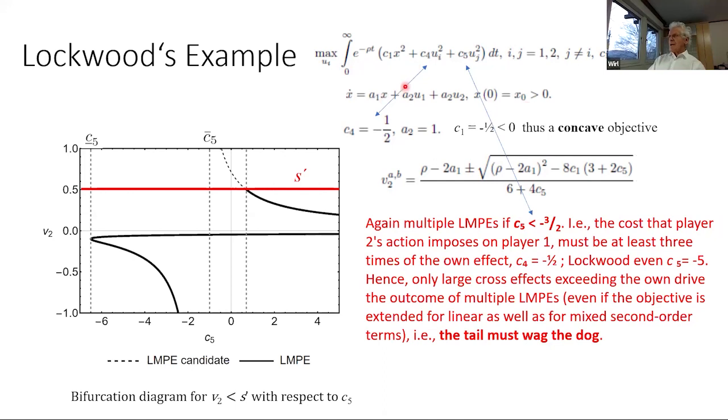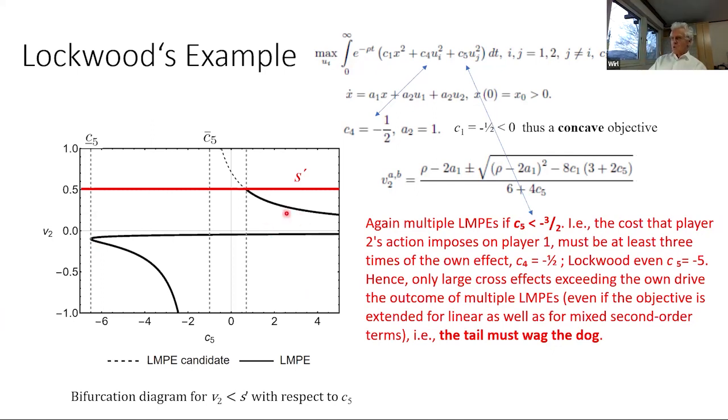Again, we can compute the coefficient of the second order term. And again, I use a bifurcation diagram. From before, you know that only a coefficient V2, which is less than the slope of S prime, qualifies for a linear Markov perfect equilibrium. So you get, for C5, which is this cross term, if C5 is sufficiently positive, you get multiple equilibria, but I'll skip this